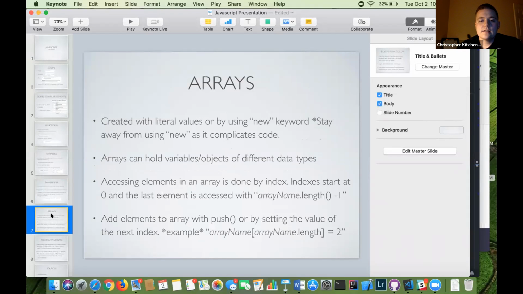So arrays are also very similar to other languages. One of the big differences, again, is that they can hold multiple different data types. You can also push onto an array, which I have never done in other languages. In other languages, you have an array, it has a set defined size, and if you want to change that, I mean, it's harder than just saying push onto it. So it's more like a combination of array, list, vector.